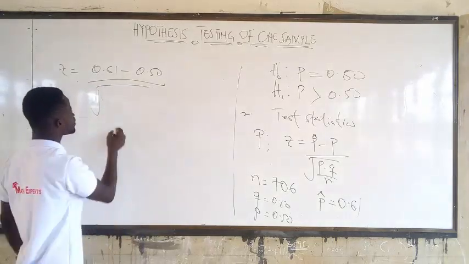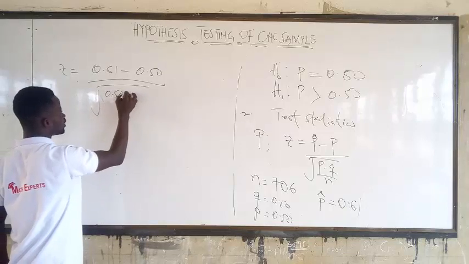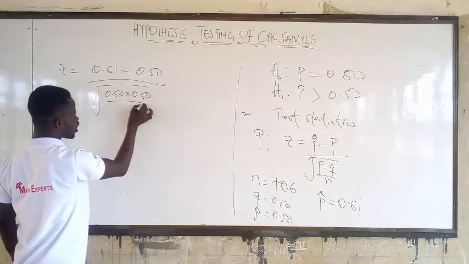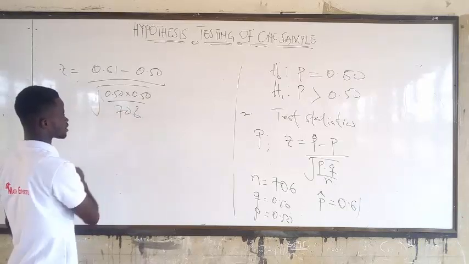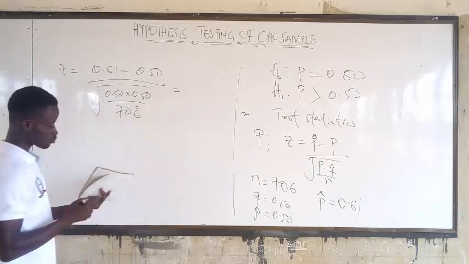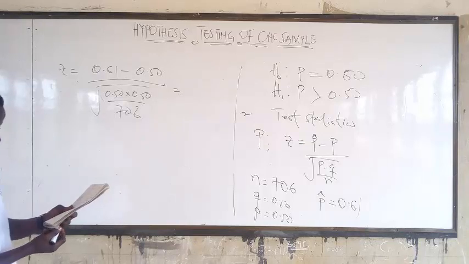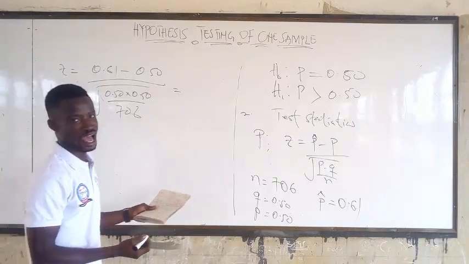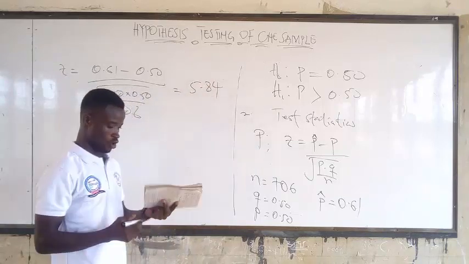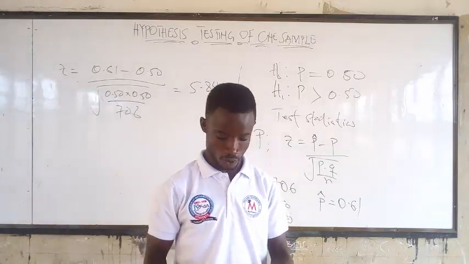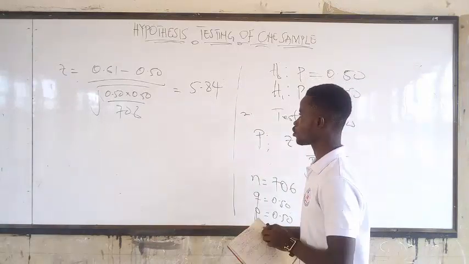And we have the P there to be 0.50 times 0.50, all this over the N. And the N is what? 706. Alright, good. So, having this, when you punch it on your calculator, you are going to get 5.84. Beautiful. So now,